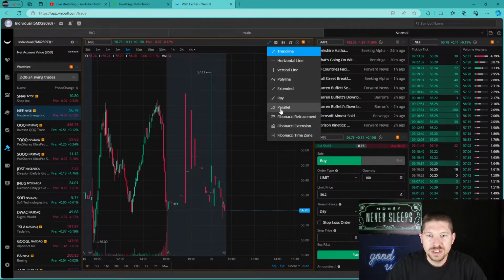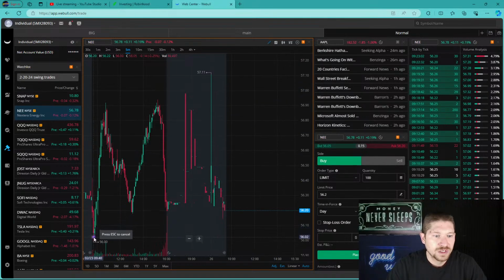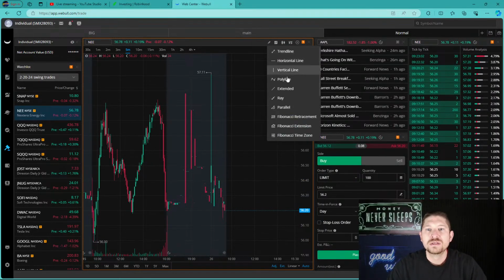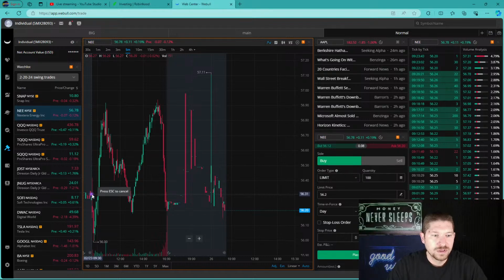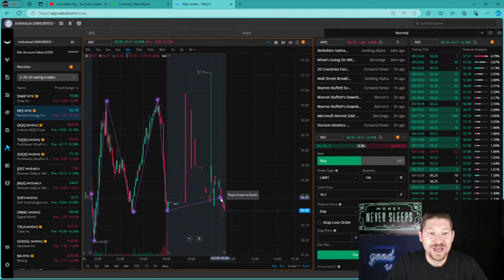Let's try one of these extended. Started out decent, right? At the open, 56. Went down to 50. Oh, that's not the right one, I guess. Let's see. Right here, play line. Started around the 56, went down to 50, like actually 56 from the 56.30 mark, all the way up to 56.93, back down to 56.20, back up to 56.93, and back down to 56.20, all in a matter of one